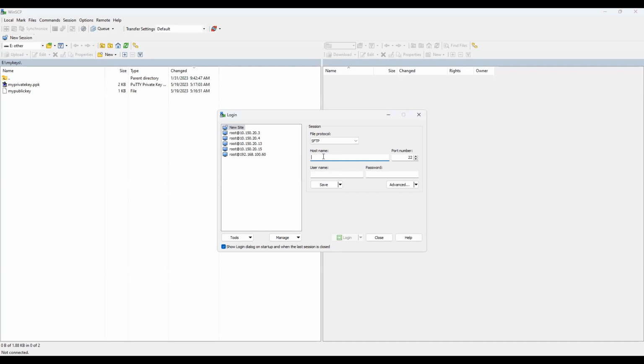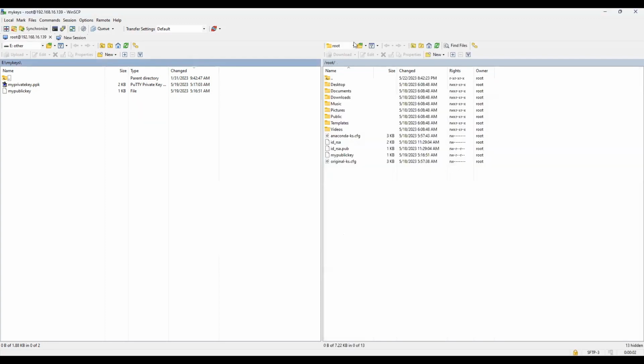So how am I going to do that? For that, we can use either WinSCP or FileZilla. And we tell the IP address, 192.168.16.139. This is the IP address of my Linux machine. And I can tell the username is root and the password is root123. So if I hit login, you can see